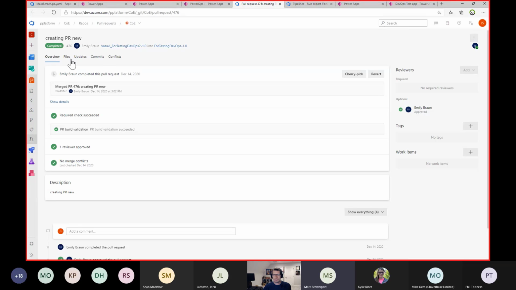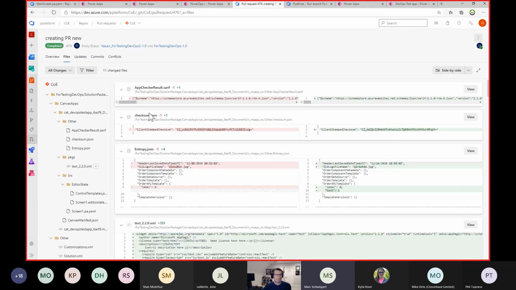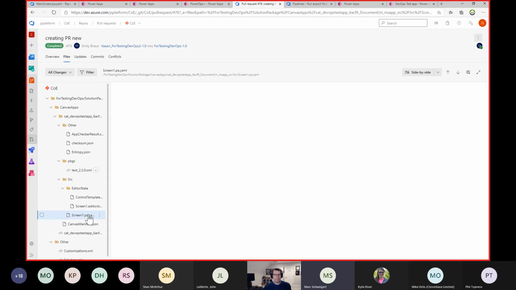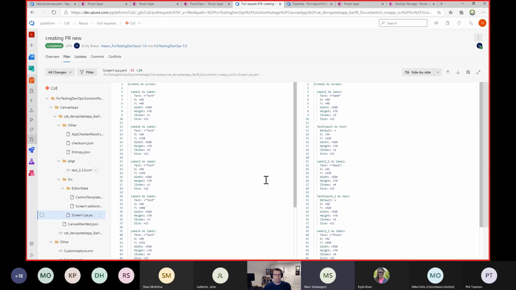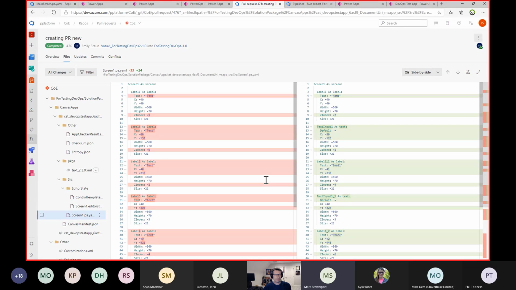And so when we do pull requests, we also actually look at the files. We look at the files to see what's changed in them, what's the actual work the person's done. We look at Canvas app screens, and we want to see that people are following good naming conventions in their Canvas apps, right? We want to see that they're not overly using things like for loops when you can use things like lookups, right?